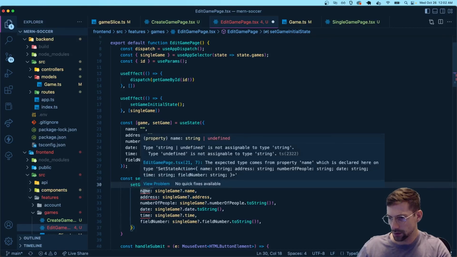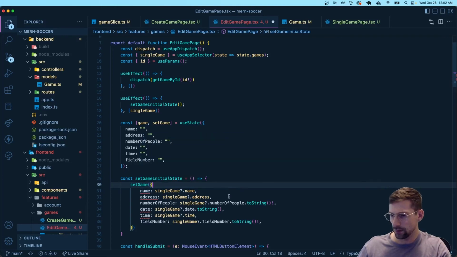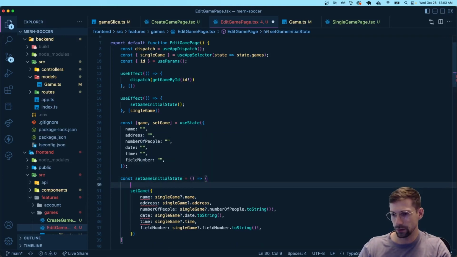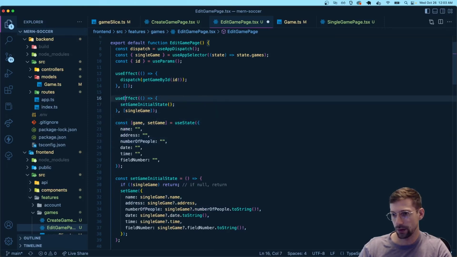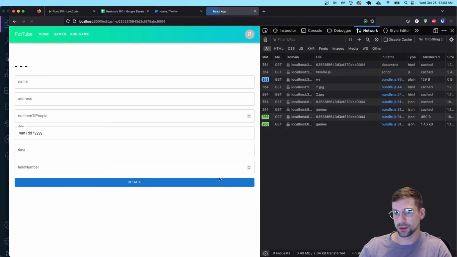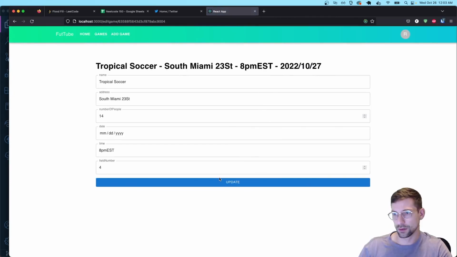Set game, am I missing something? Undefined. So again, we also kind of want to do the same manipulation. I mean, check if not single game, return. Meaning if it's null, then return. If null, return. Else, do this. And we're gonna pass this in here. Okay, there you go. So every time I refresh, we set the state. Perfect. Now the last thing that I need to do is display the date, because I want to do that,